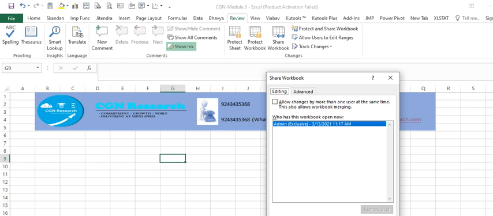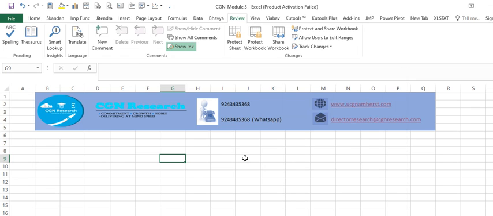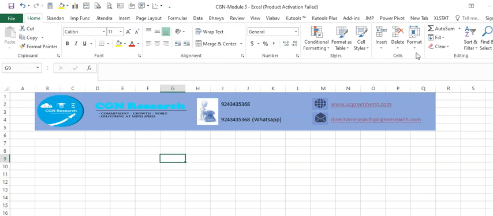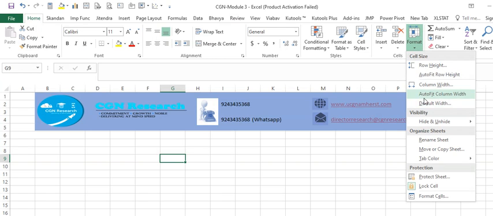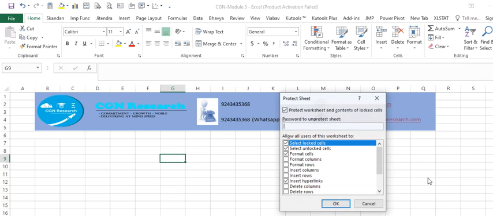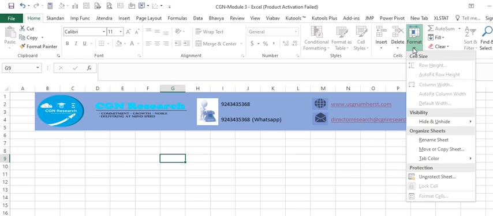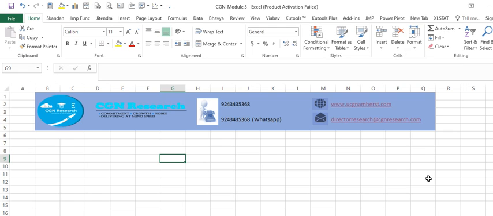So this is how you could protect them. There are other places where the same information has been given. So I can go to the home there. In the format, you can see that I have this protect sheet there. So the moment I click this, again it takes me to the same thing. So I will just select all these things that I put during the other one. So it will change, and then you can unprotect the sheet. Automatically it will do the whole thing for you.